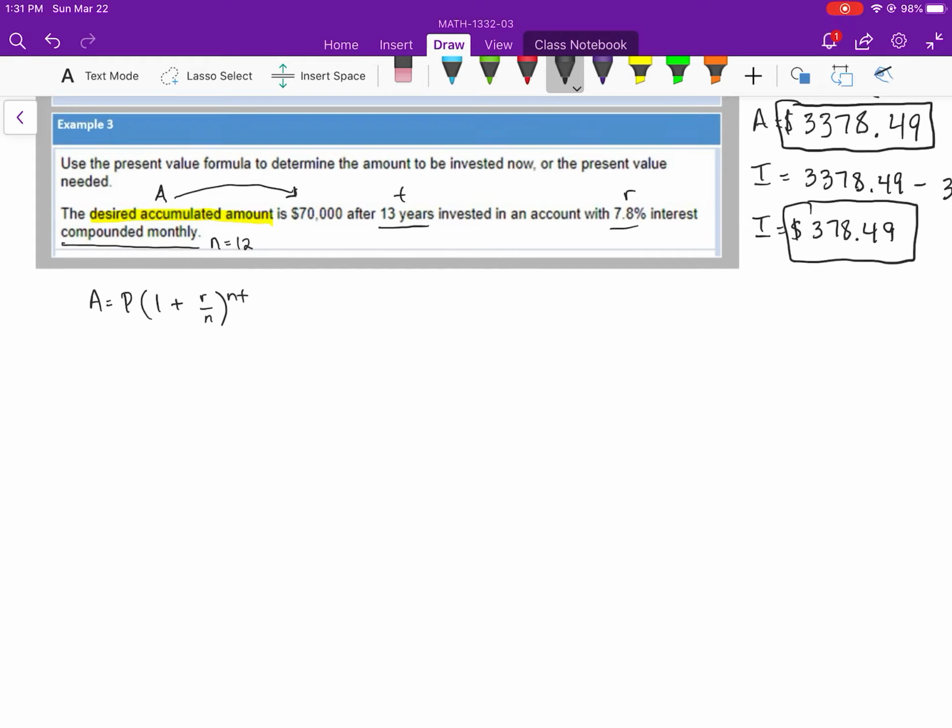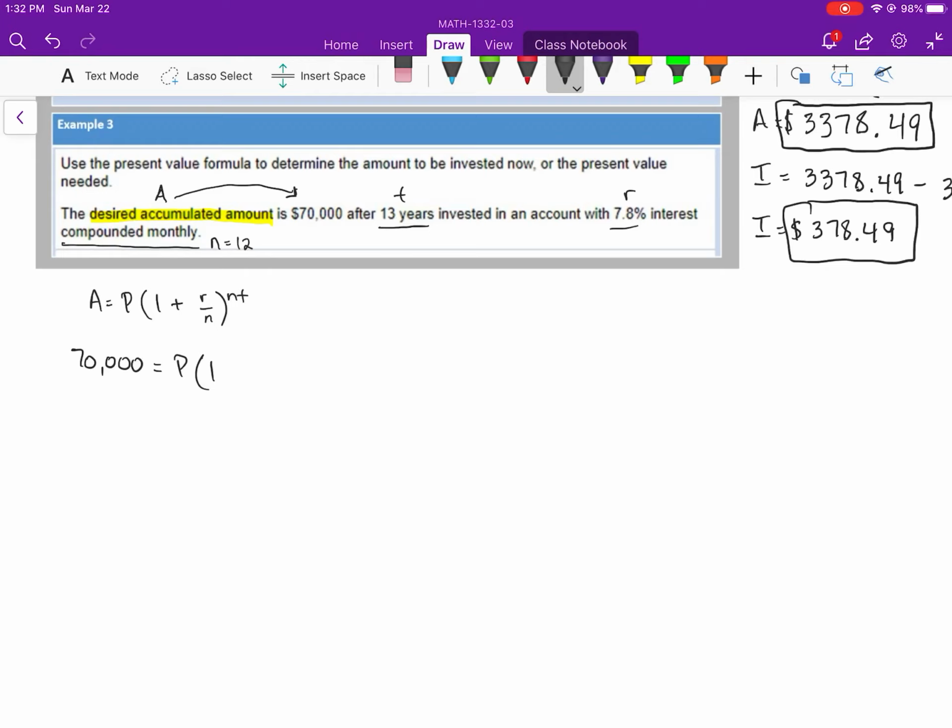Now, the only thing we're missing here is P, which is the principal, okay? And we already know what the desired accumulated amount is. That's 70,000. Okay? So what we're trying to find here is how much do we need to invest now, and then after 13 years we will have 70,000. Okay? So again, A is 70,000